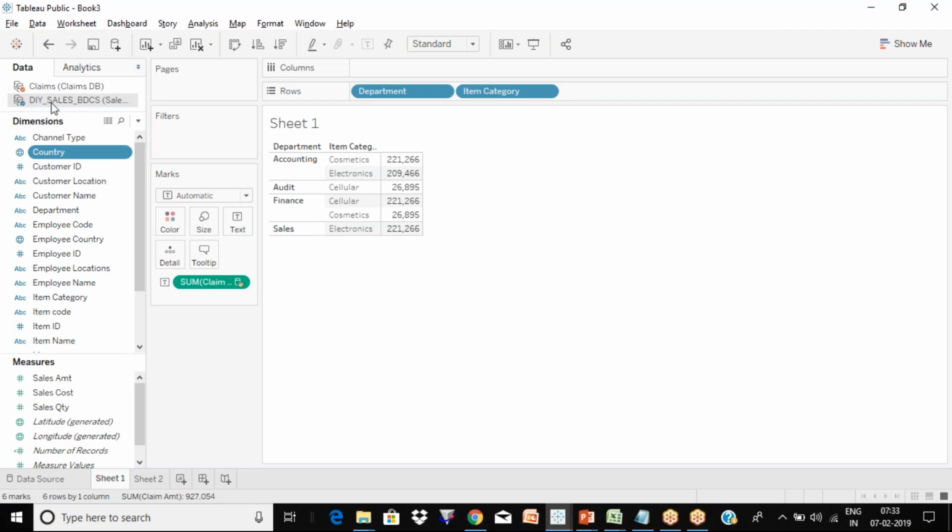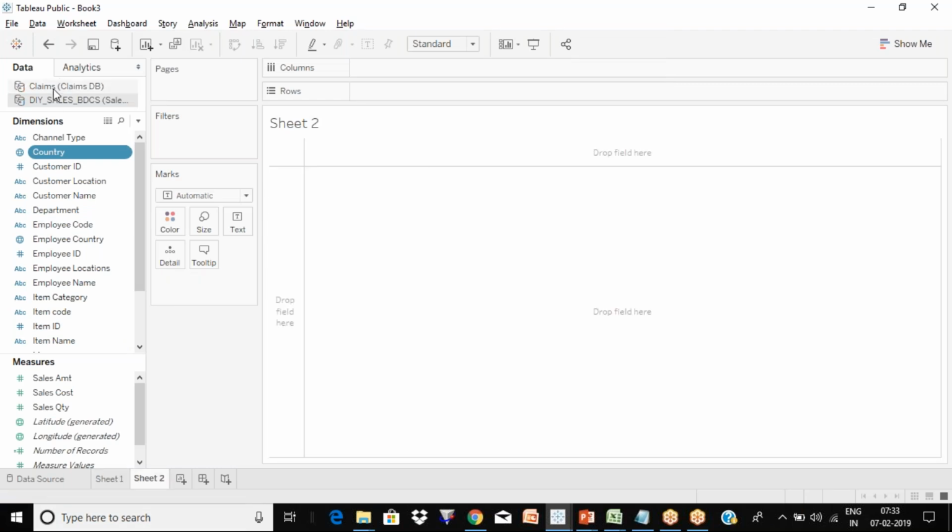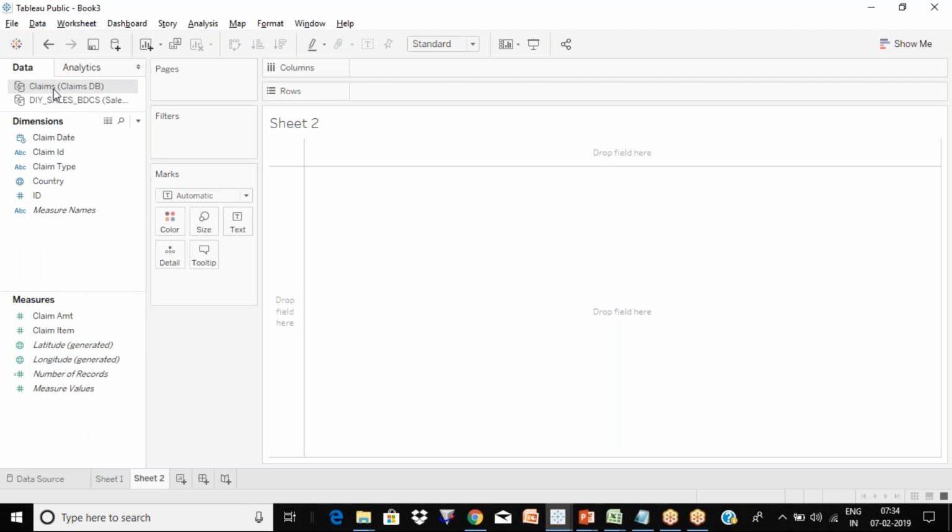Let's say in sales you have 100 rows, in claims you have 50. Now your base will be 100 because your primary data is sales. But sometimes you get a requirement, let's say you want to make this claims your primary. For those claims data, whatever is matching, you want to bring it from the sales. Now how do we make